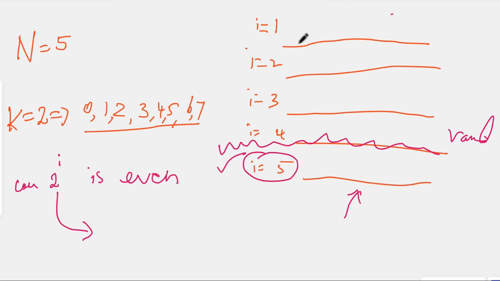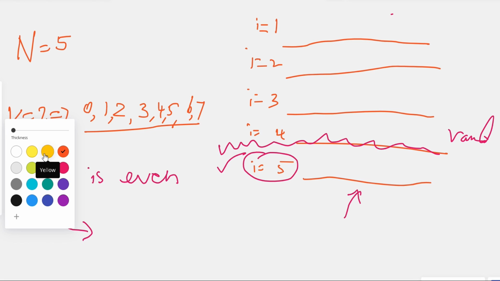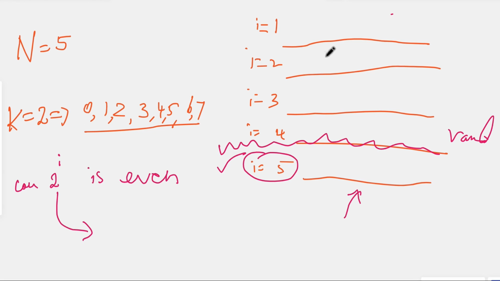So these parts are random parts. Until i is equal to 4, I will just try to add the numbers randomly, as I said already. Let's say I am trying to add 5 over here, 0 over here. These are things which I am trying to add randomly. I am trying to add 6 over here, 1 over here. Right? So let's start checking with the